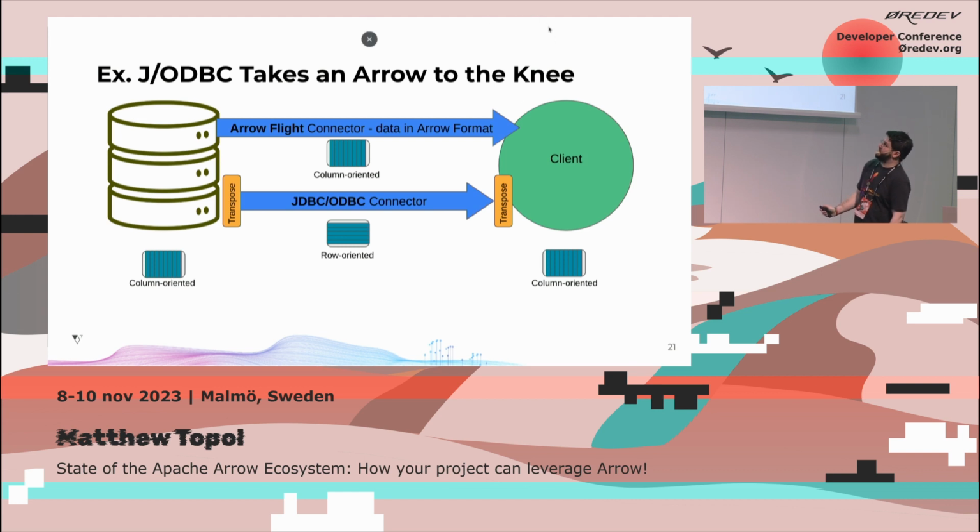you have to transpose the data from column to row oriented. Then it goes across the wire. And then because column oriented is more efficient for a lot of analytics and computations and data systems, and a lot of data frames are column oriented, you end up transposing it back to columns. So now not only are you paying a cost of serialization and deserialization, you have to transpose the data, which means that the larger your data set, the more benefit you're going to get out of Arrow Flight,